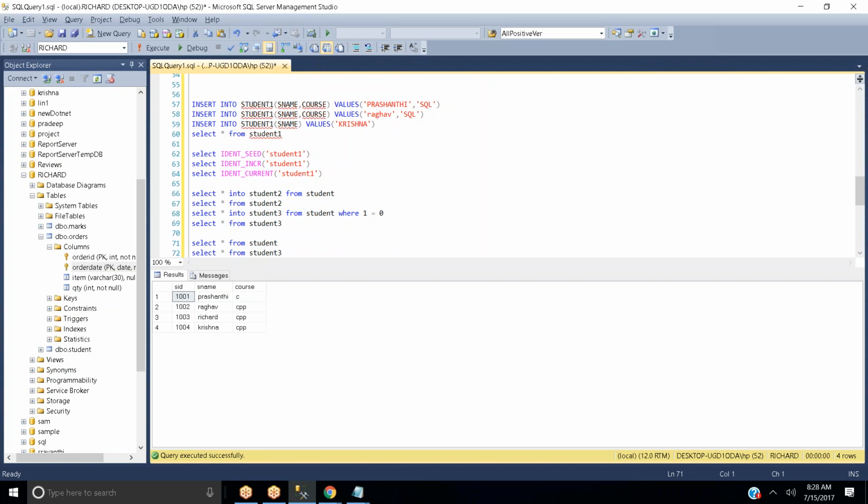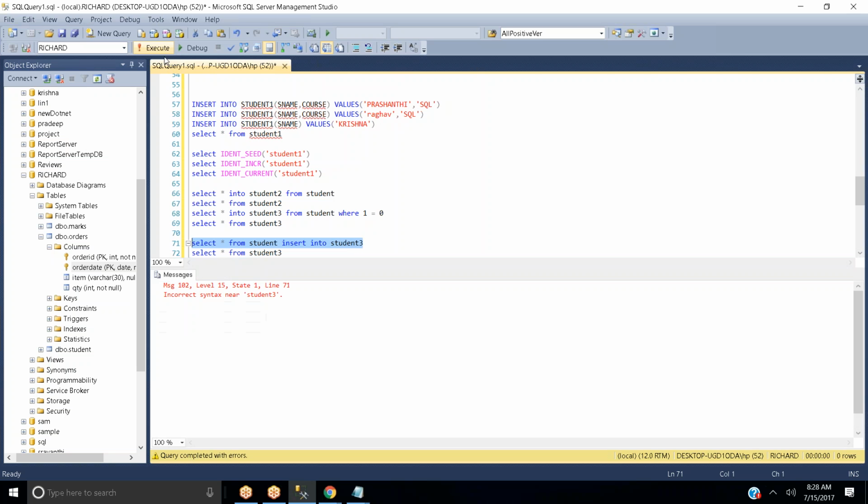If we write that, what happens? Yes, you can see. Oh, it's giving an error: incorrect syntax near student 1. The syntax we cannot change. It is system defined, provided by Microsoft. That's it. Done.